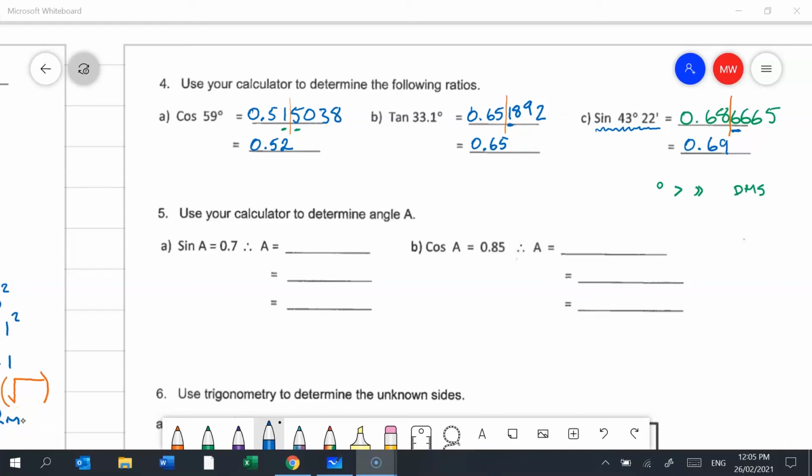In question 5, we're looking for angles rather than ratios. So we need to start by rearranging these equations. So A, if we look at this one as a balance method, what we're actually doing here is dividing by sine on both sides. But we don't write it like that. What we write is inverse sine, which means the same thing,